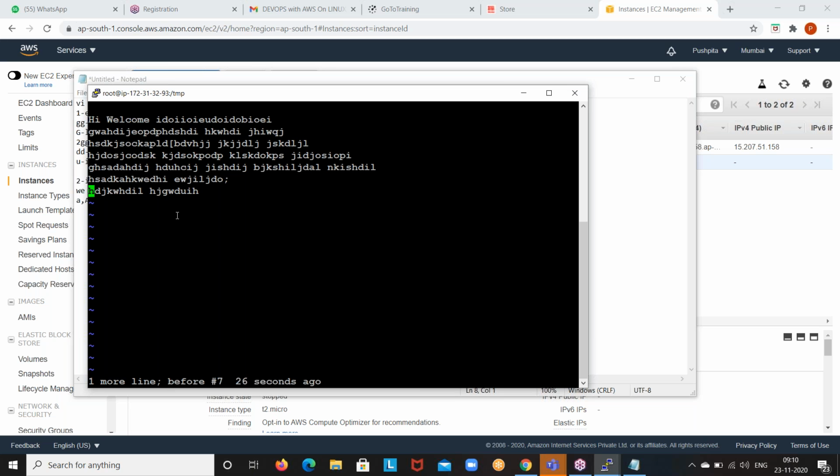Now you have to go to insert mode. Press I. See, I'm in insert mode now. I can move my cursor and type my data. Just move your cursor wherever you want to type. Press escape now again.